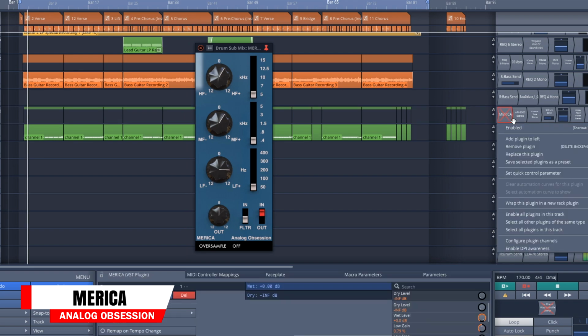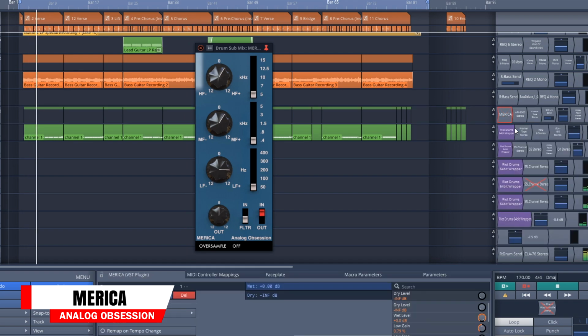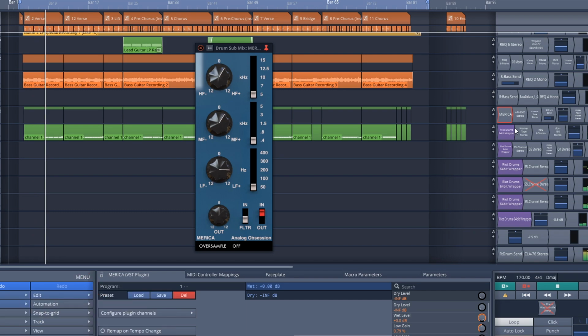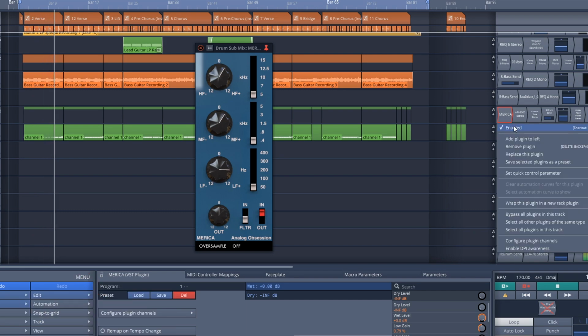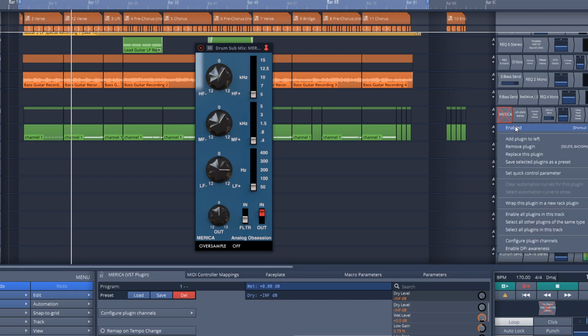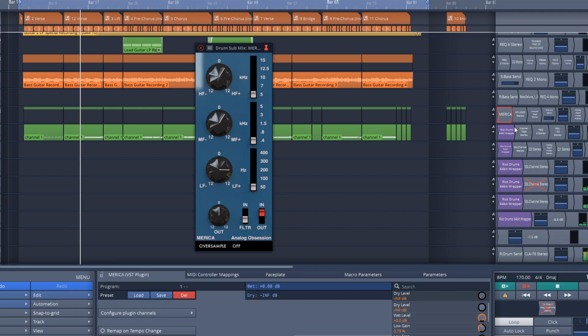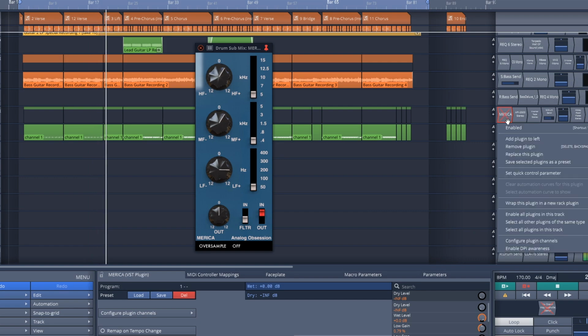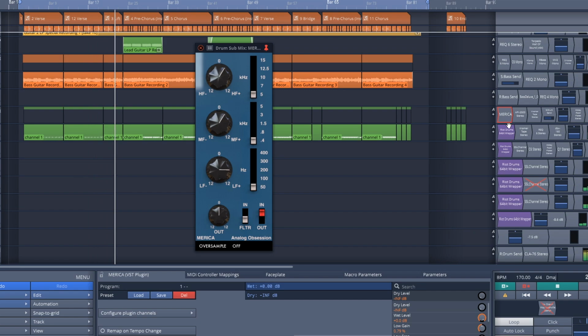Now, back into the free EQ plugins, and this next one is from Analog Obsession. This is Merica. This one is based on the hardware API 550A, and I love this style of EQ on so many things like vocals, guitars, bass, acoustic guitars, and drums sometimes too. Merica is an easy to use plugin. You have your band selector switches along the side, and you can control how much you want to add or take away with the knob right next to it. You also have a constant bandpass switch, just like the API hardware does. You can get Merica on Mac and Windows.